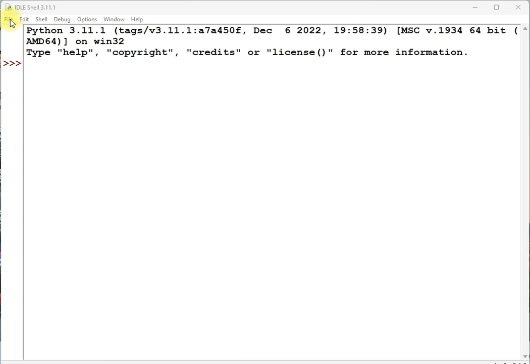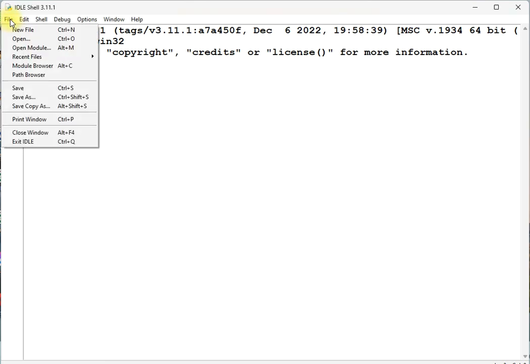Let's start. The first step is file, click on file and click on new file.